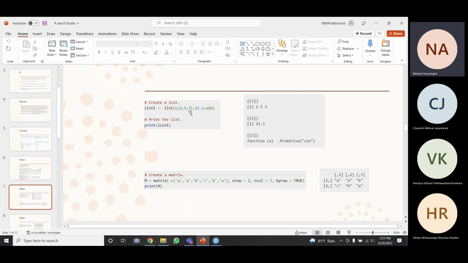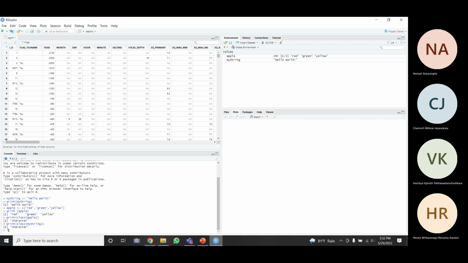So I'm going to type the vector, and then I have a variable, meaning a value. Then I have a function. So all of them I can include in my list, right? So I'm going to give a name, myList, and I'm going to assign. So I'm going to create a list.